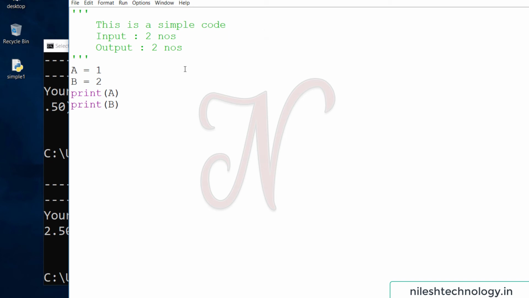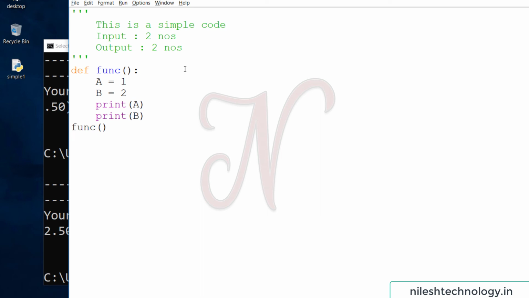Now we convert this code to use a function. See here, this is my function, def func. Here we use indentation, and here we call this function func.